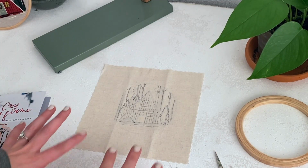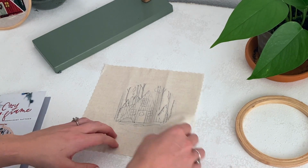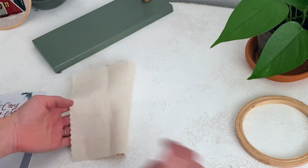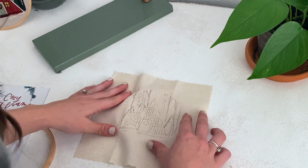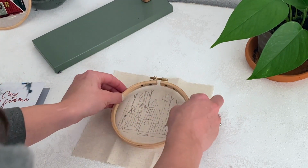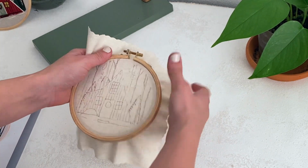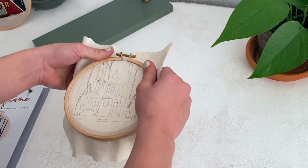So next we're going to go ahead and load our hoop. This is super simple. So you've got your pattern traced. You can keep that piece of paper that you use to trace the pattern on to use again and again, which is why we include it. And you can go ahead and lay your fabric on top of the circle, the wooden circle that has no hardware on it. Make sure it's centered as you like, and then go ahead and pop the outer rim on